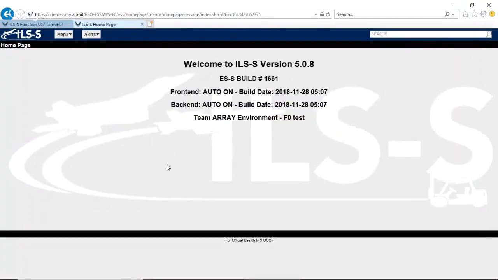Hello. Today I'd like to talk a little bit about a new capability that's getting ready to come out in version 5.0.8 of ILS-S, and that is the new document control capability. What we've done in this release is added the capability to scan and upload 1348 and clear the document control